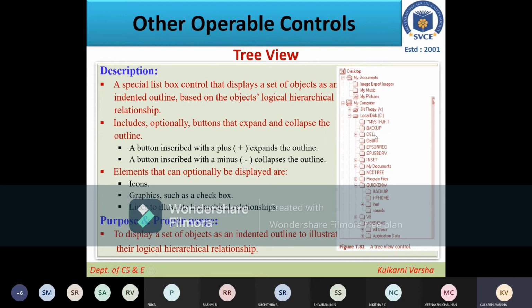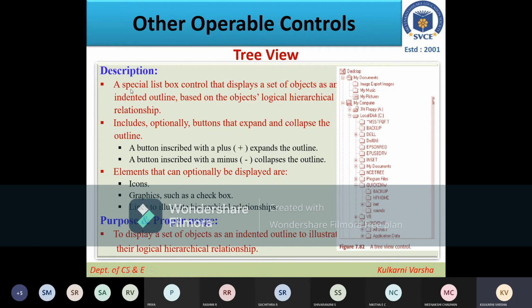So any folder which has a further level, you will be showing with the plus symbol, right? So it indicates that this Dell folder has another level of next folders. So this is your tree hierarchy. It is something like a tree root, and for that root a number of branches, and from branches again a number of branches. But a real tree grows from bottom to top, and this tree is growing from top to bottom.